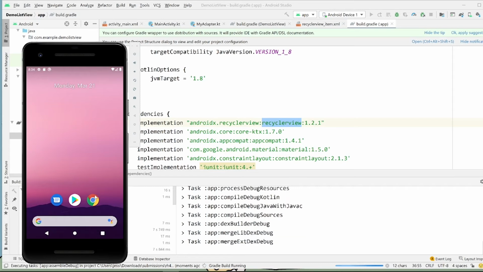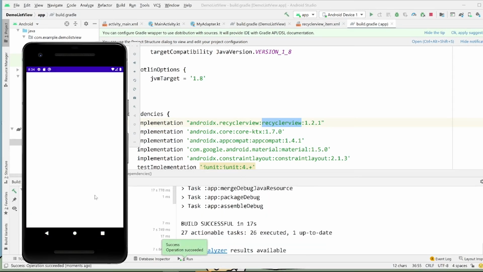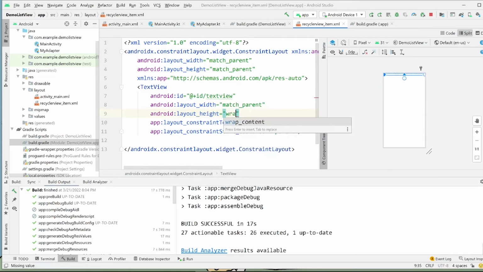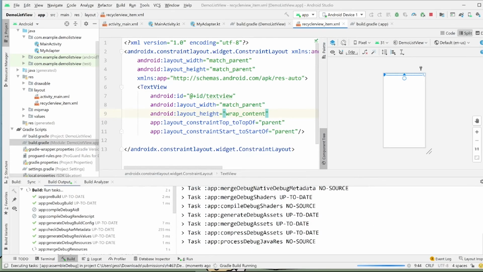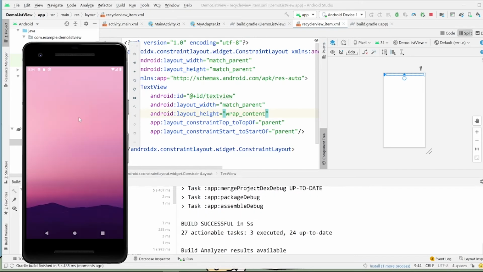Follow along making the recycler view if you can, and let me know if there's anything that does not work as intended. I have grape, I have mango, I have apple. The reason why it's so large is I made the height match parent. If I do wrap content, the list is not going to be long enough to scroll. So that's why I made it match parent, so you can see the scrolling effect.